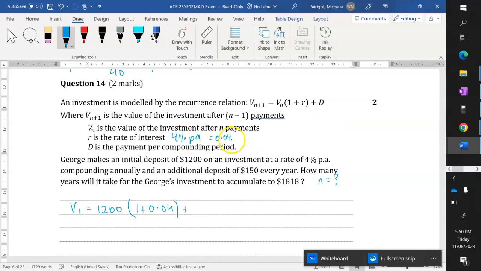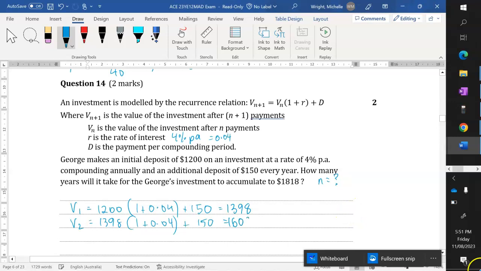And we're going to add on to that our additional deposit, which is our payment of $150. Okay, which is $1,398. V2 is going to be now our $1,398, and we're going to apply that same amount in our equation plus $150,